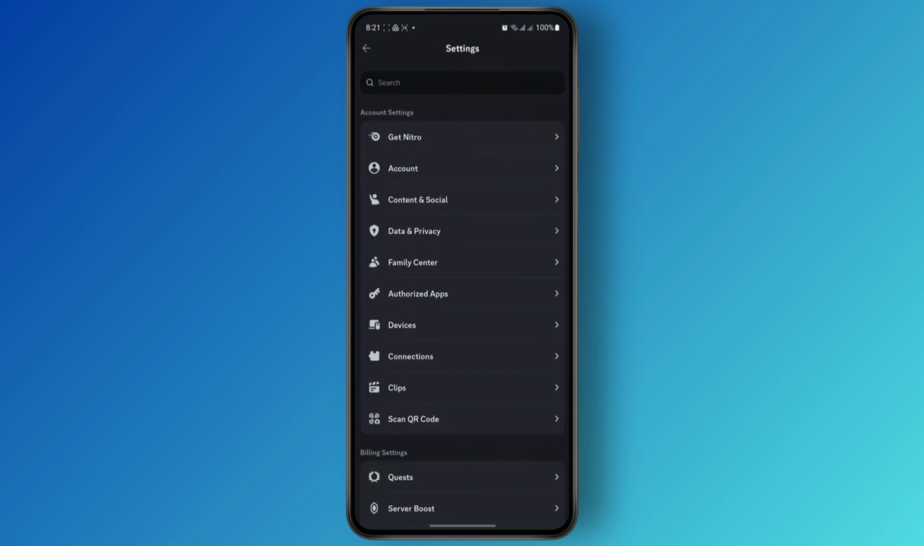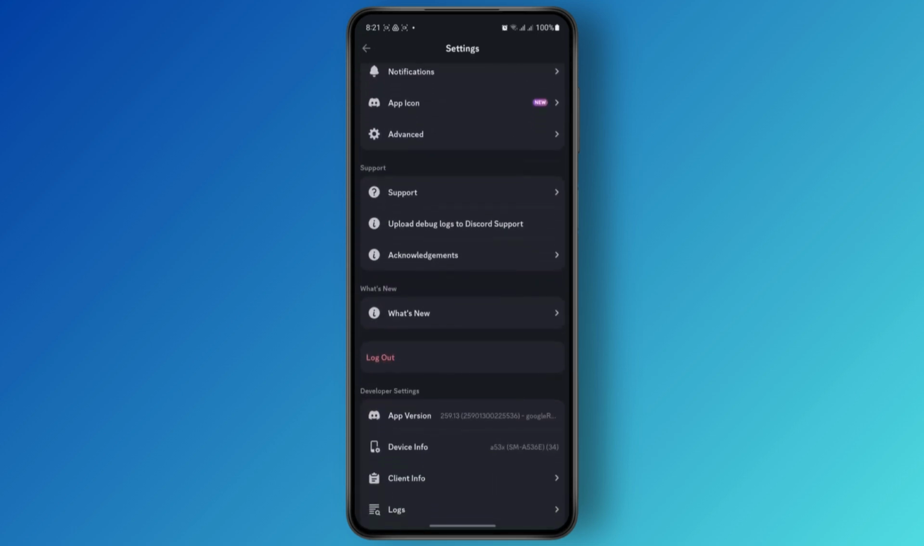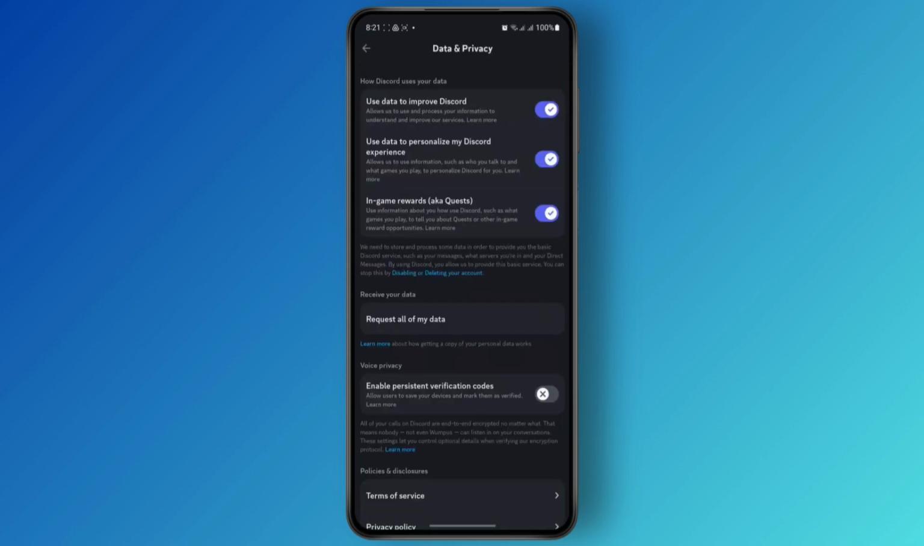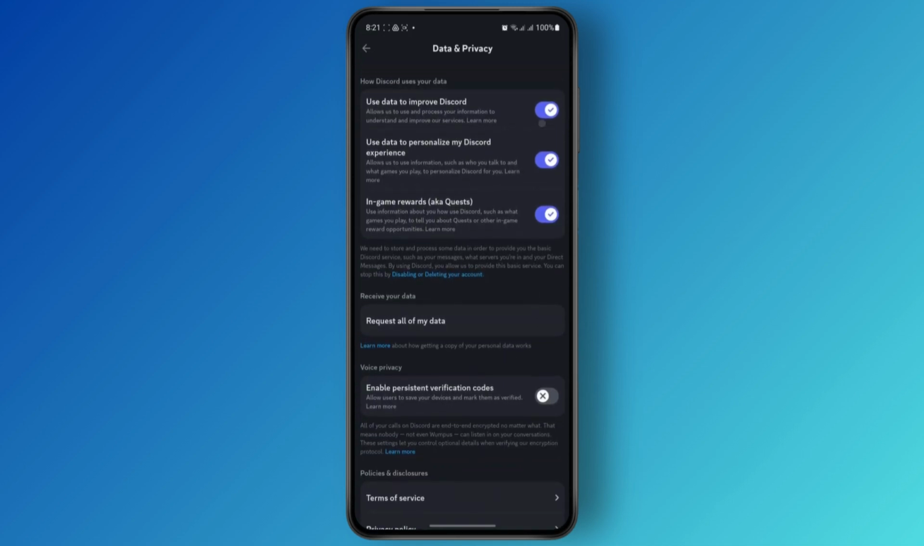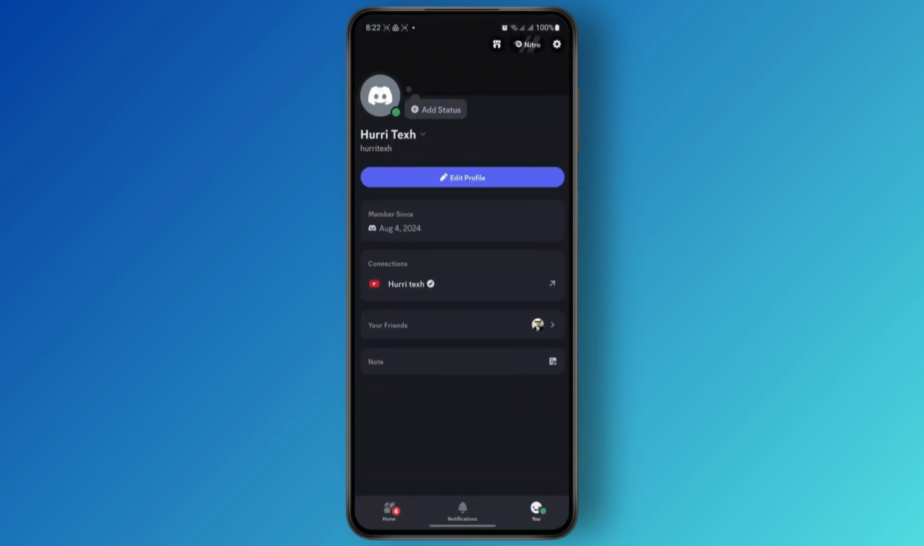Once you are on the settings, you just want to find your privacy settings. So go ahead and scroll down until you find your privacy settings. And once you do that, you just scroll down and turn on all of these options right here. And after you have done that, you can go back to your profile and you can even add your custom